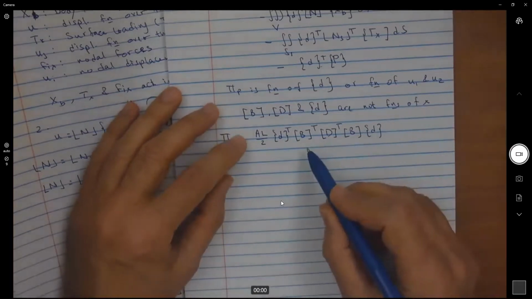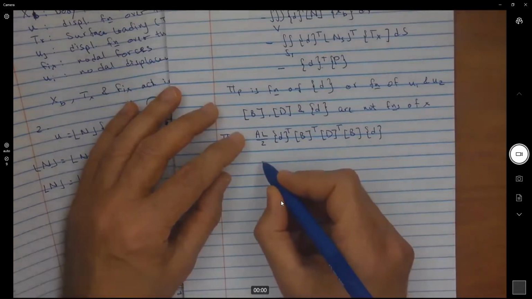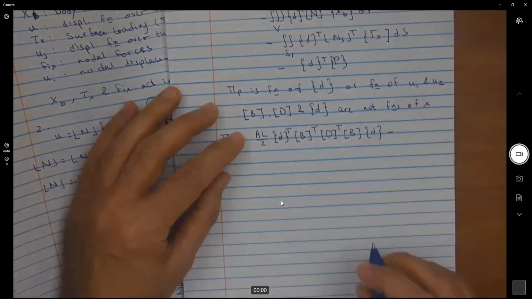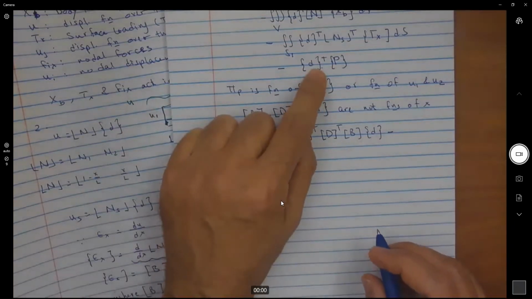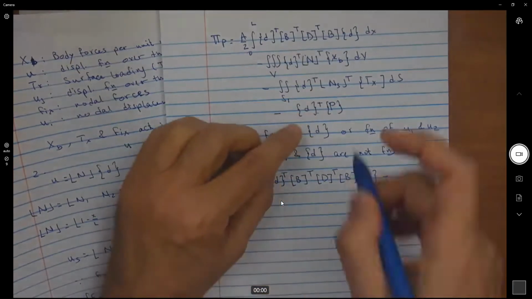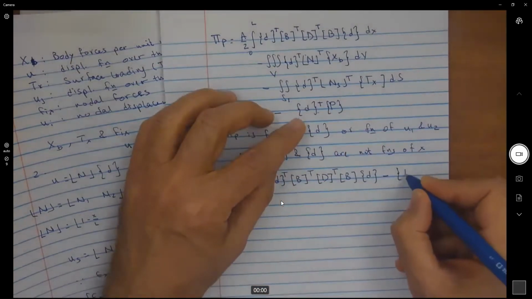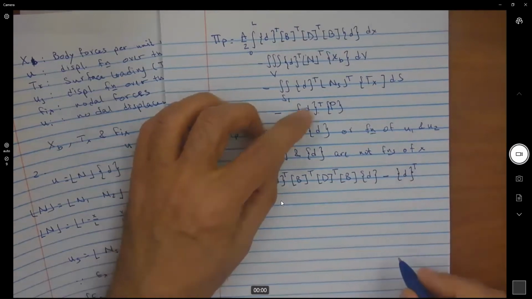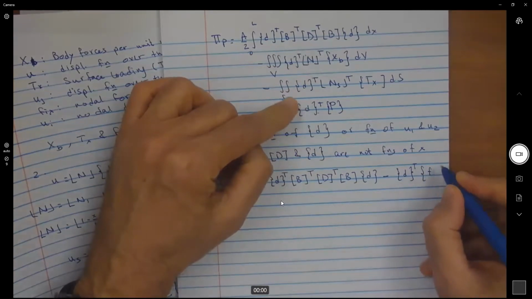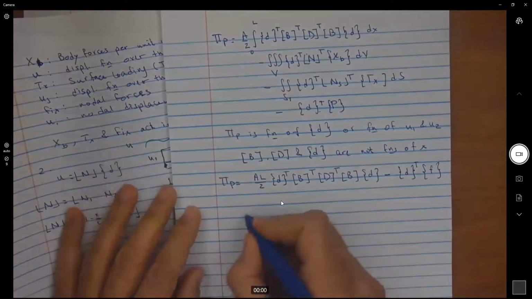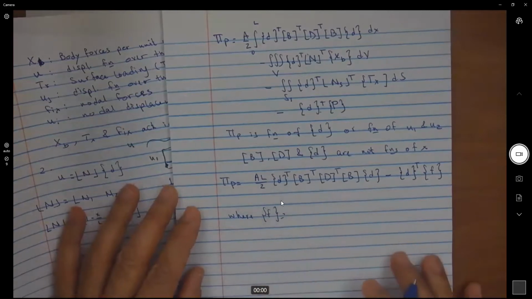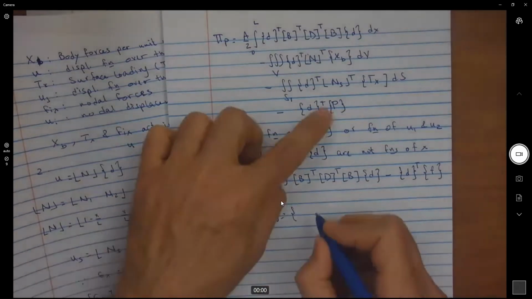So I will come here, and then this is my strain energy, and then I have this minus. And what I'm gonna do here is I'm gonna consolidate. I said we're just gonna make all of these nodal forces. So if you see here, I can take this D transpose, and it's common between the three terms, right? And then I'm gonna say I'm gonna multiply this by F, where I'm gonna make this F equal to P